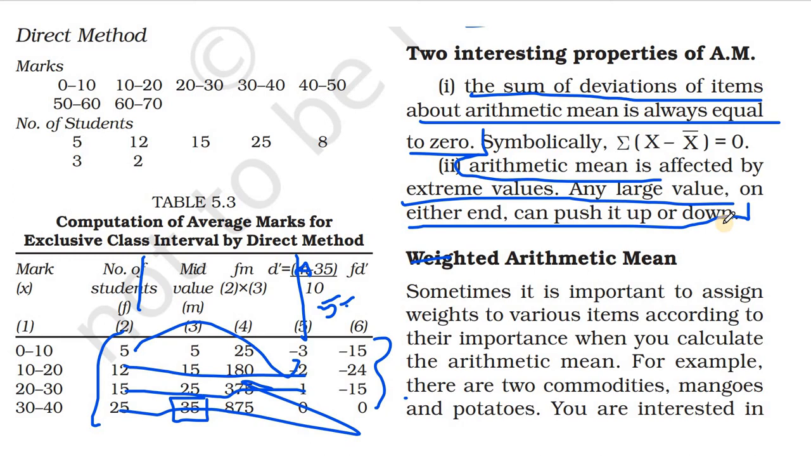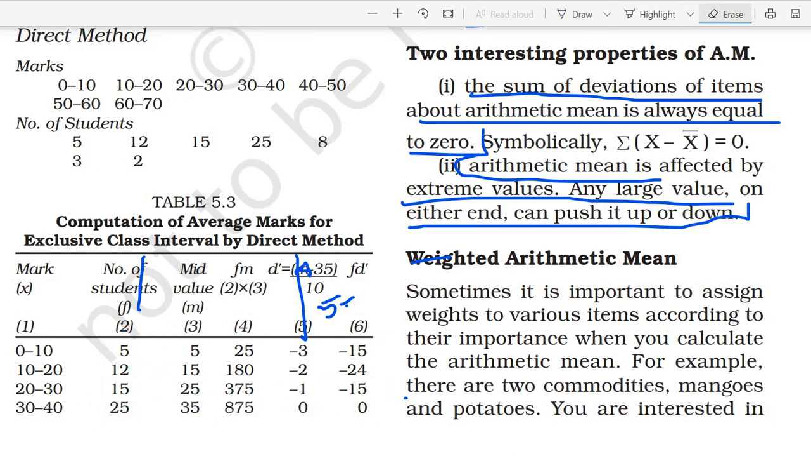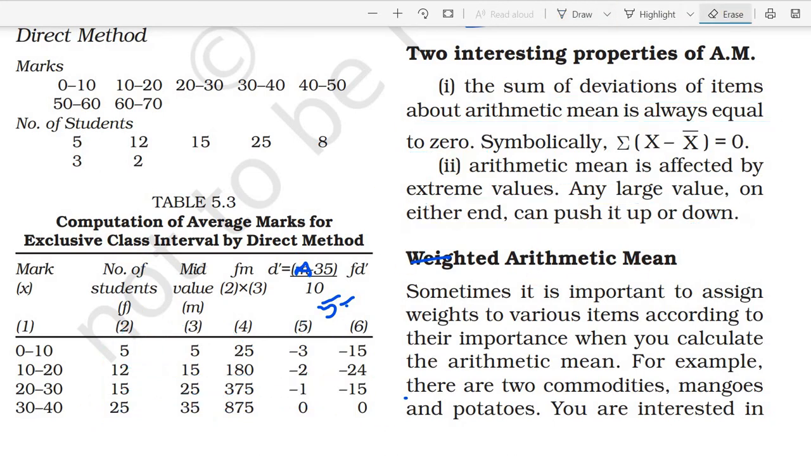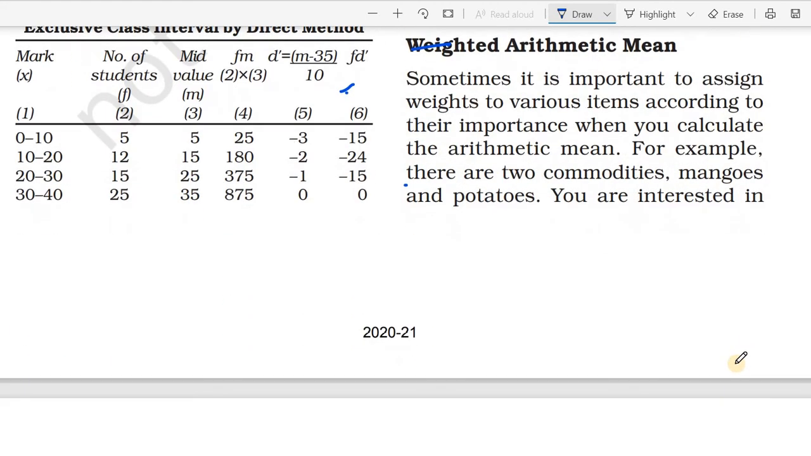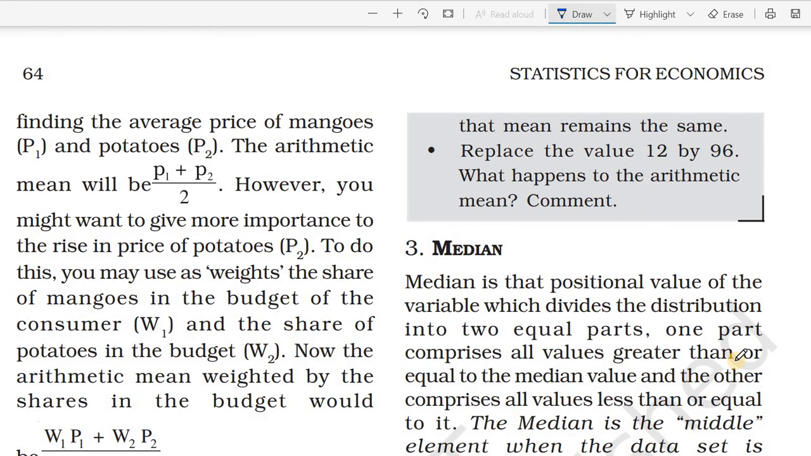Next one is weighted arithmetic mean. What is weighted arithmetic mean? Sometimes it is important to assign weights to various items according to their importance when you calculate arithmetic mean. Then sometimes we need to give some weight. For example, there are two commodities, mangoes and potatoes. If you are interested in